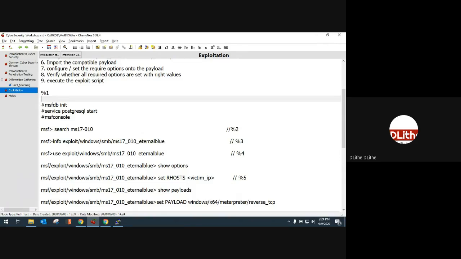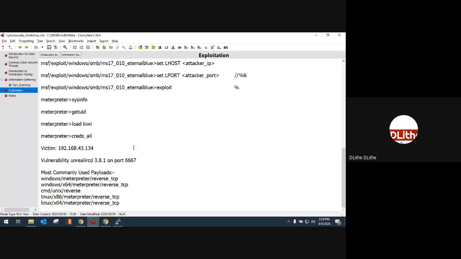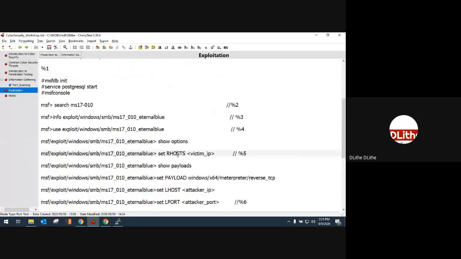A lot of times I've seen people who are almost at the entrance of an exploit, but due to some minor mistakes, they fail to exploit it. Why? Because you may not be following the steps, or you might have made a minor mistake, either using rhost where you should have used lhost.